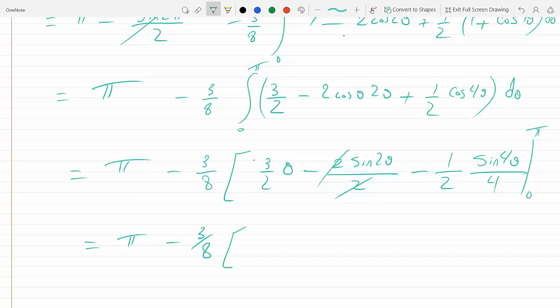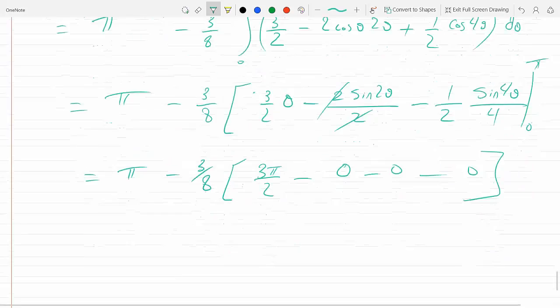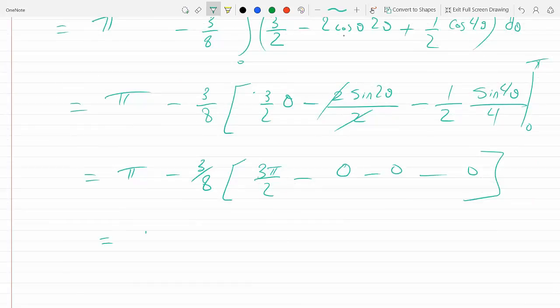and then here, so now evaluate, so this becomes 3 pi over 2 minus sine 2 pi is 0 and sine 4 pi is 0, and 0 will make them 0, so only one term survives. So what do we get here? pi minus 9 pi over 16. 9 pi over 16, so what's the 16 minus 9